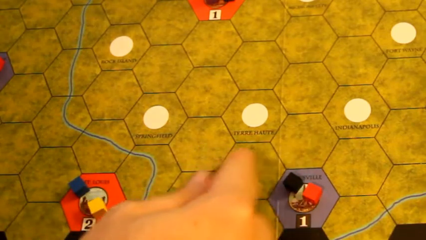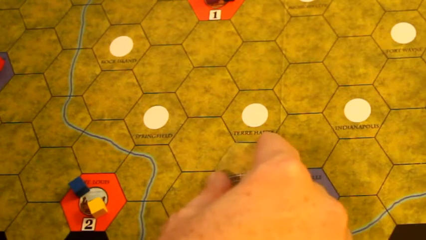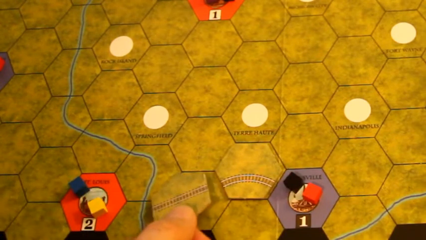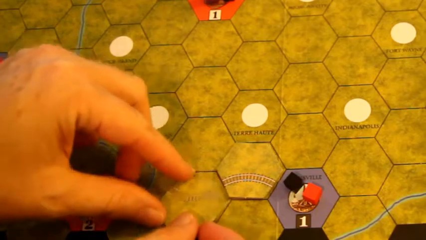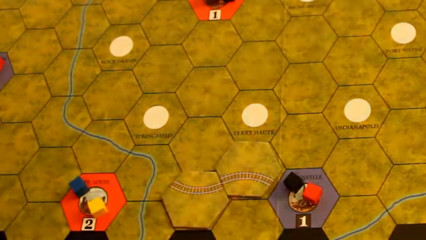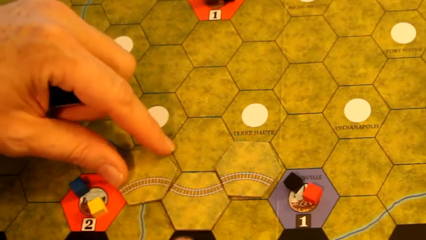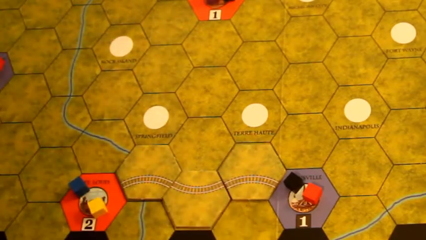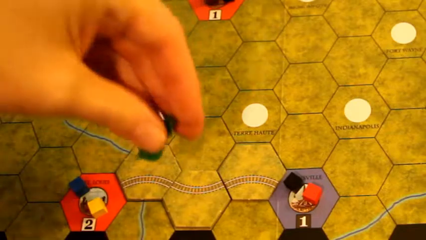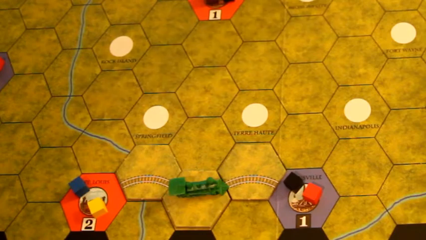So this grassy area is going to cost $2 to build there. And then he has this one, another $2 to build to that one. And then $3 because of the river to build there. And so then he would take his train and he would show that this is a track that he's building between these two cities. And now it would be yellow player's turn, who is the original first player, but